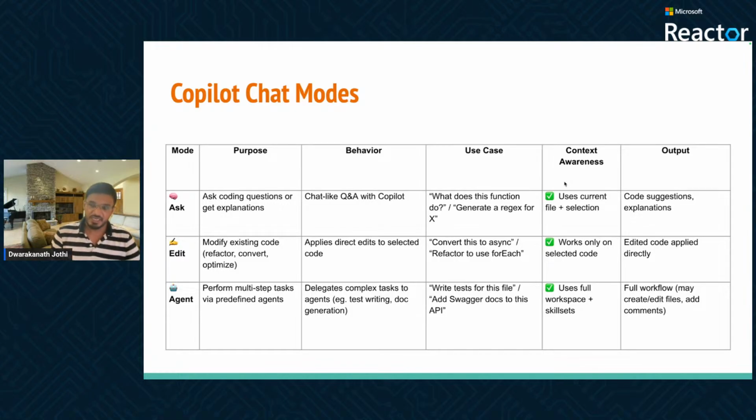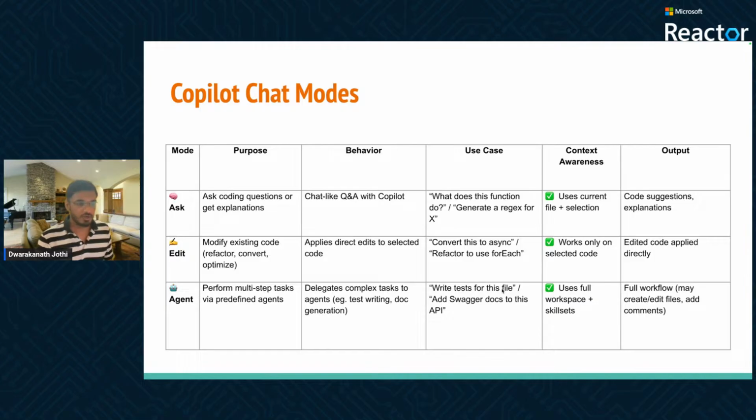You can specify that there are some issues in the terminal that it has to fix, or that you want it to run some commands. With the edit mode, we don't get that flexibility, as it doesn't run commands. But agent mode is mostly autonomous, where you say, you decide what is needed to accomplish a task. For example, add packet blocks to the API, or write the tests for the whole file that we have,